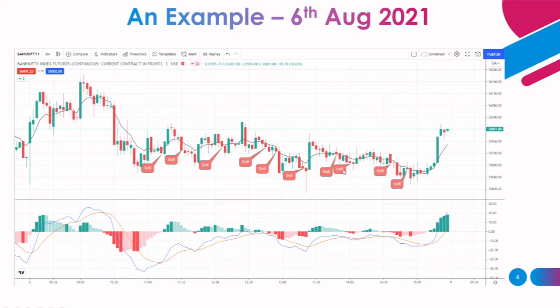And now the question is how to book profit. As we already mentioned, this is a scalping setup. This is not positional. You should not be holding until you get target 1, target 2. This is not that kind of setup. That setup is different, and we are not going to discuss it here.